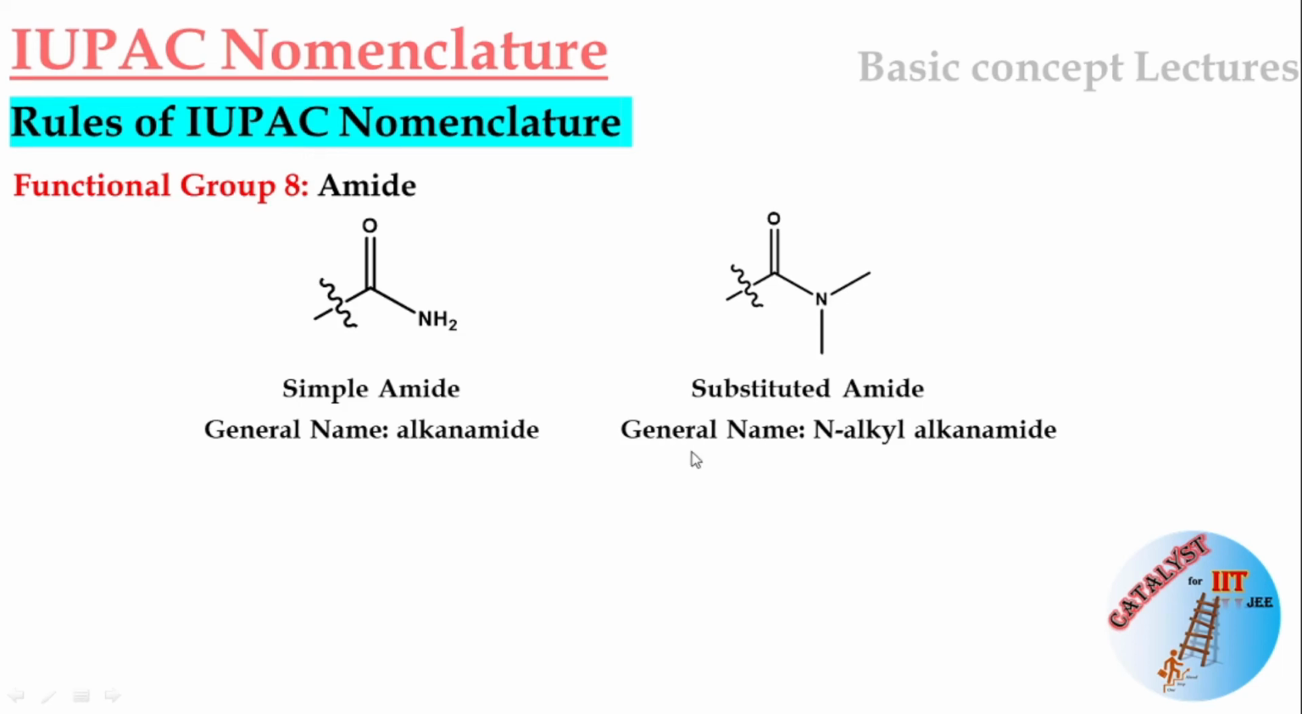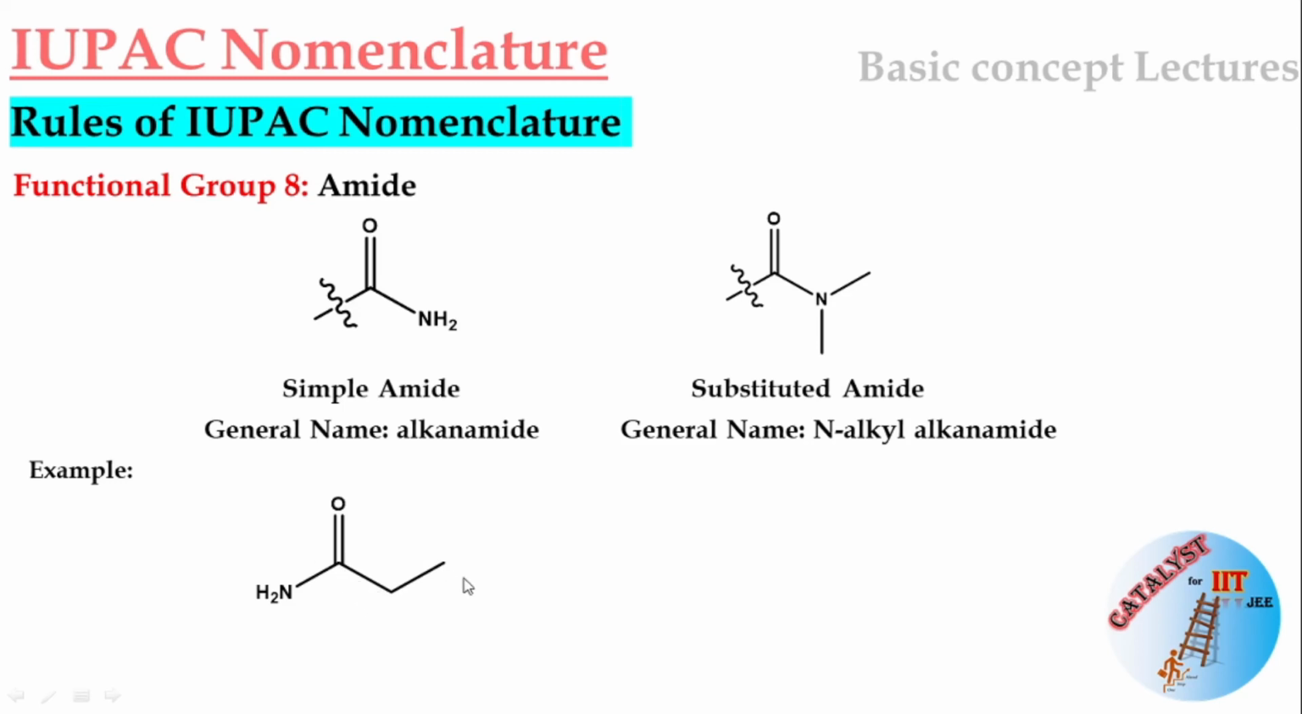is also substituted with some other alkyl chain, and the general name will be N-alkyl, meaning this alkyl chain, this substituent, is connected to nitrogen and is represented as N-alkyl, and the name given for this moiety will be N-alkyl alkanamide. Okay, so this is the first example to understand how to name the hydrocarbon which contains this amide functional